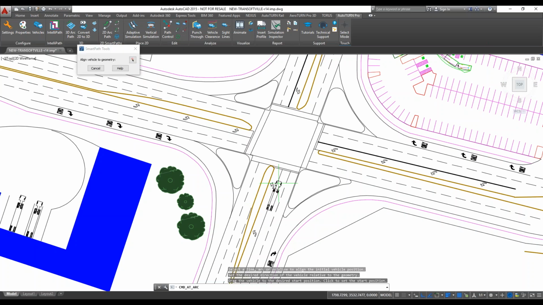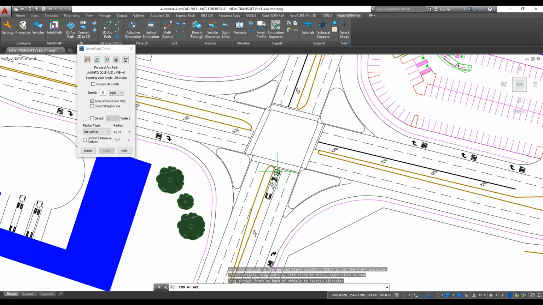So I'm going to align my vehicle with the geometry in my drawing. Once I have it there, there's a couple of things that I could use. Well, I'll explain this later, why it switched. But I could drive this vehicle using just arc path, but likely what this truck will do, it'll go a little wider, say on a tangent, then describe a circular path and then another tangent, because I want this vehicle to be aligned with this geometry at the end of the turn. So the best tool for me to use in this situation would be corner path,